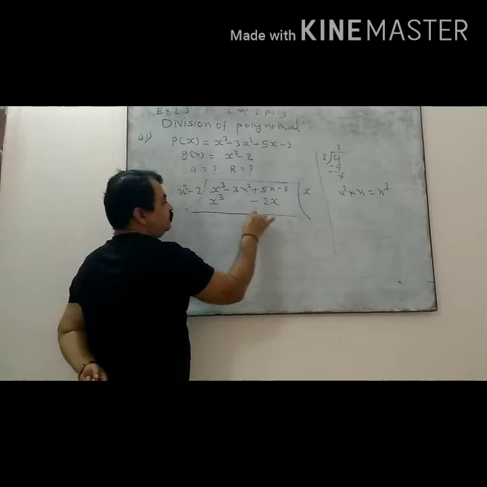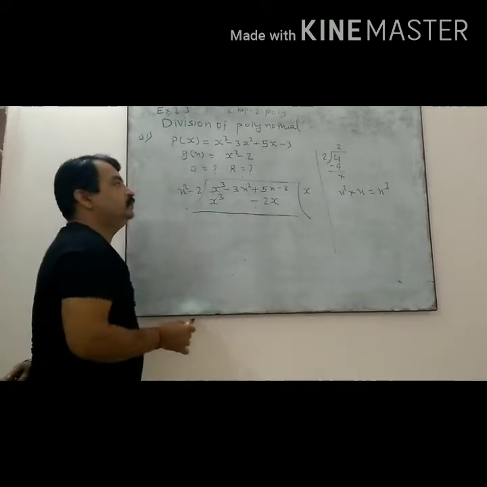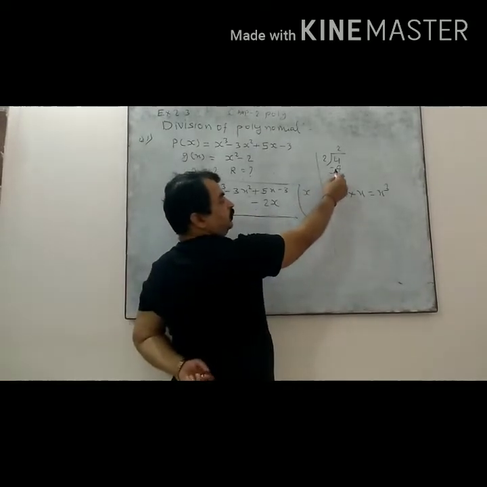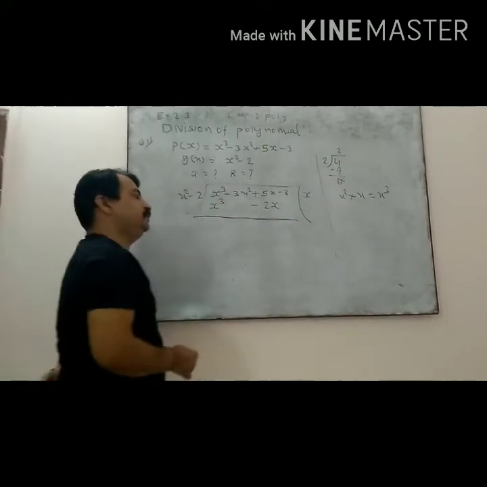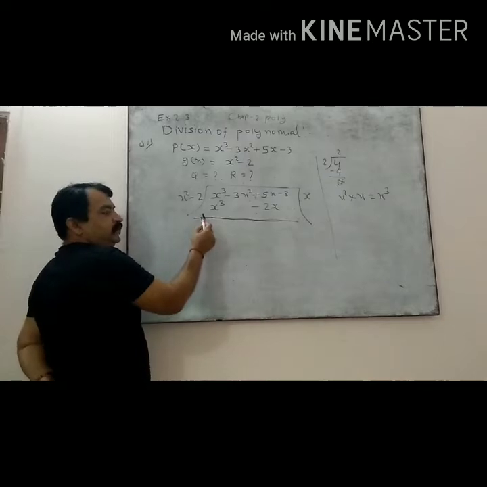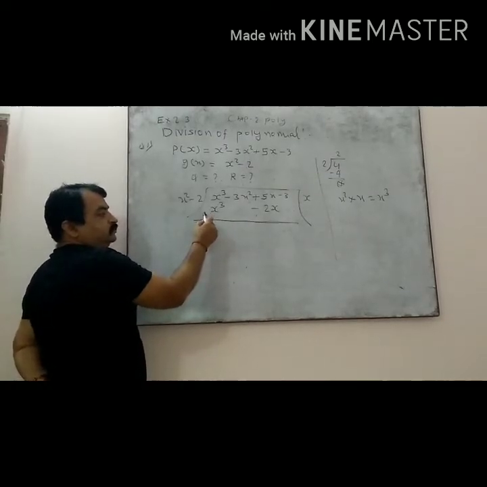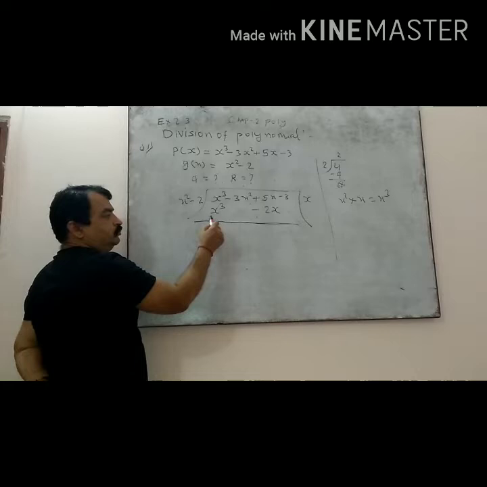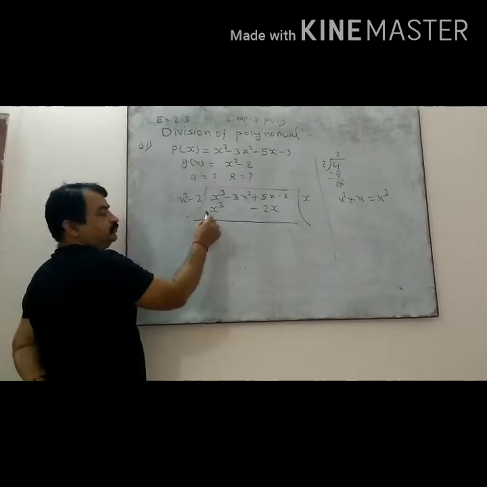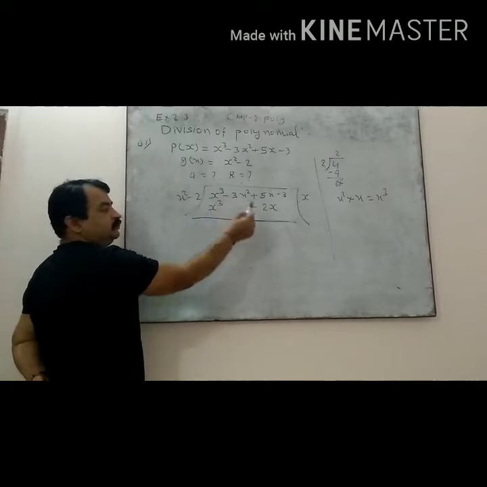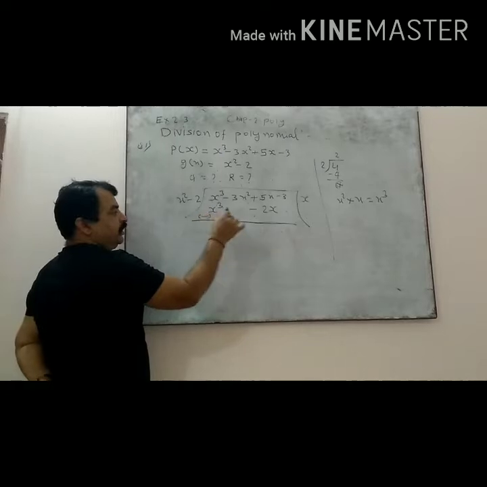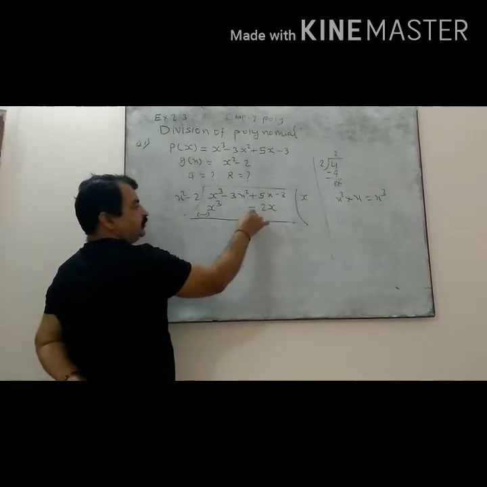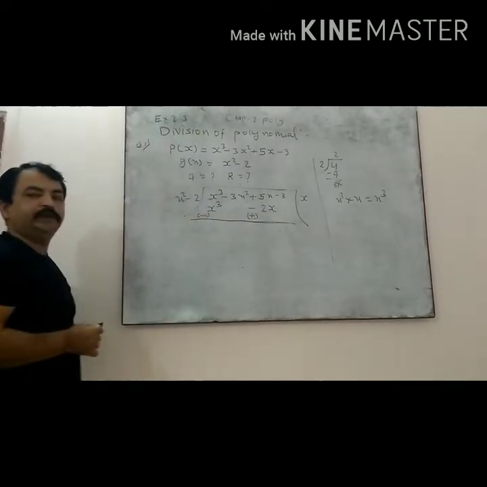After this, what is the next process? See here, what are you doing? You are subtracting the term. 4 minus 4, you are getting the remainder 0. So in the same pattern here also you will apply the division rule. So you subtract this lower part. For that you have to change the sign, because here you are working on a polynomial and there are more than one terms. So put a small bracket around plus minus so the sign can be distinguished properly, and minus plus.